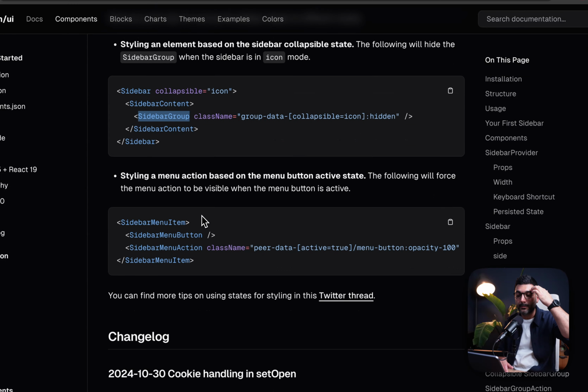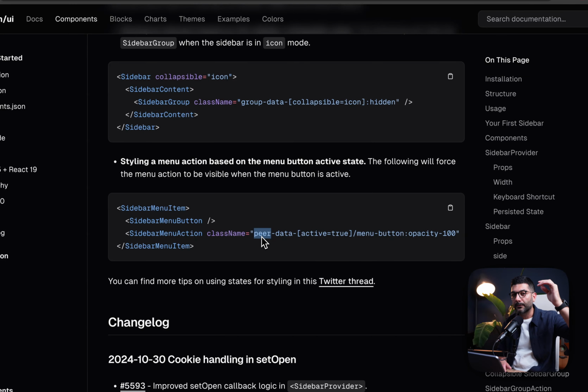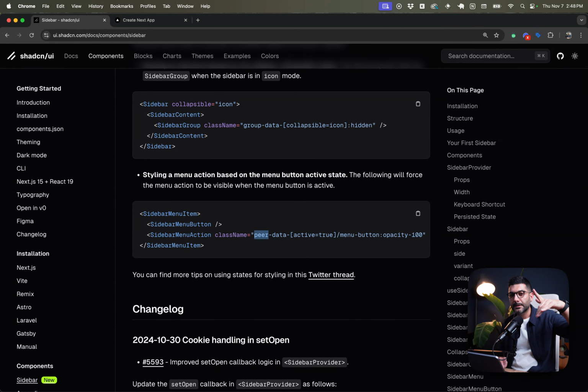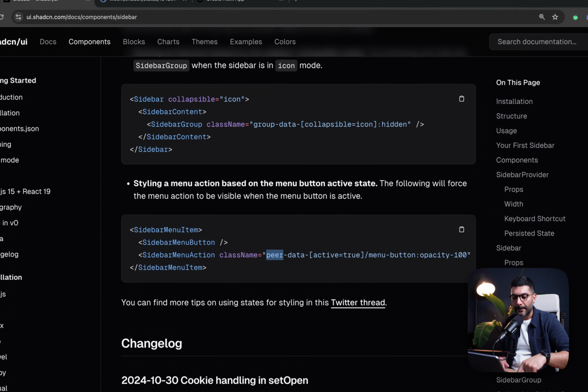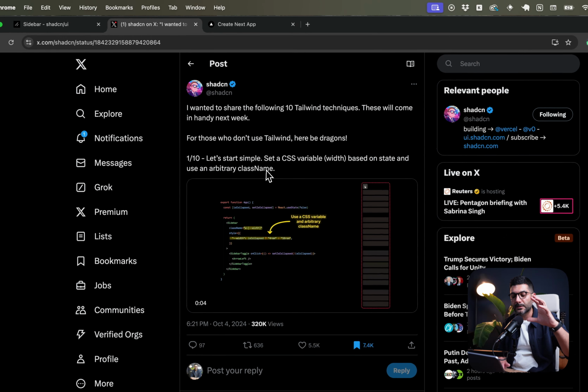Another example would be if a peer, which is a sibling of this menu action, so we're looking to see if the menu button is in active state, so this is a peer of that, and they already come with these peer namings inside of Tailwind. If you're not familiar with these classes or how to use this, there is this Twitter thread from shadcn in the documentation where he explains